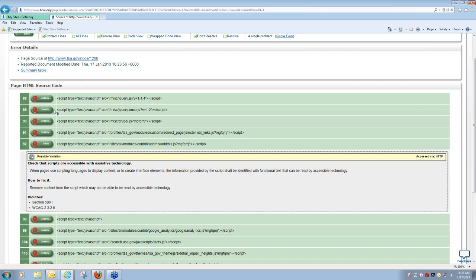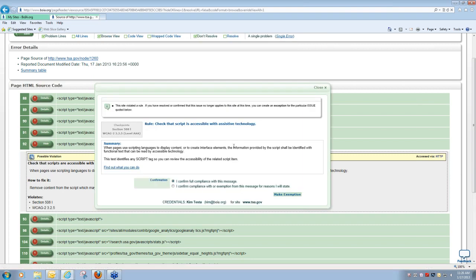And you do need a human interaction. The scan will get you 85% of the way there. There are a few rules that you do need a human to go in and make a decision. And because of that, we give you the option by clicking on this little blue tool here to make an